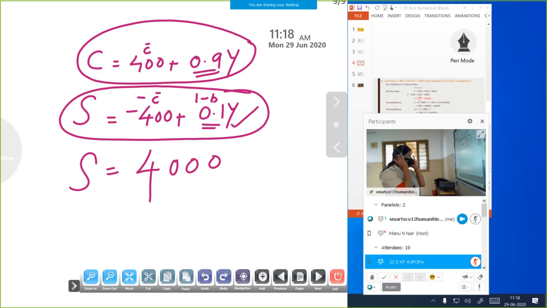See, numerical, on the next slide I am giving some homework that you can practice. Now you understood how we can do the numerical? See, from the question we have to take out the formula. Anyway, we have some formulas, but we don't know which formula we have to use. That depends upon the question.